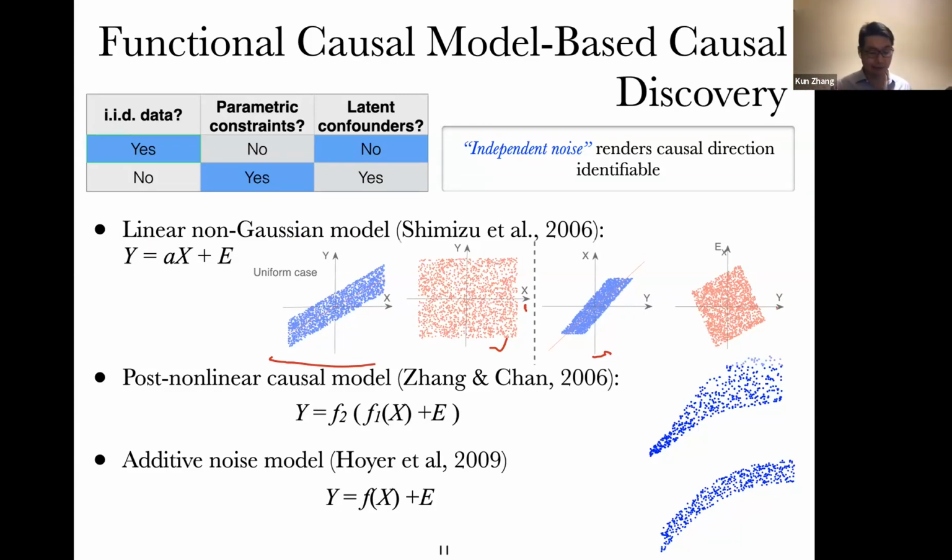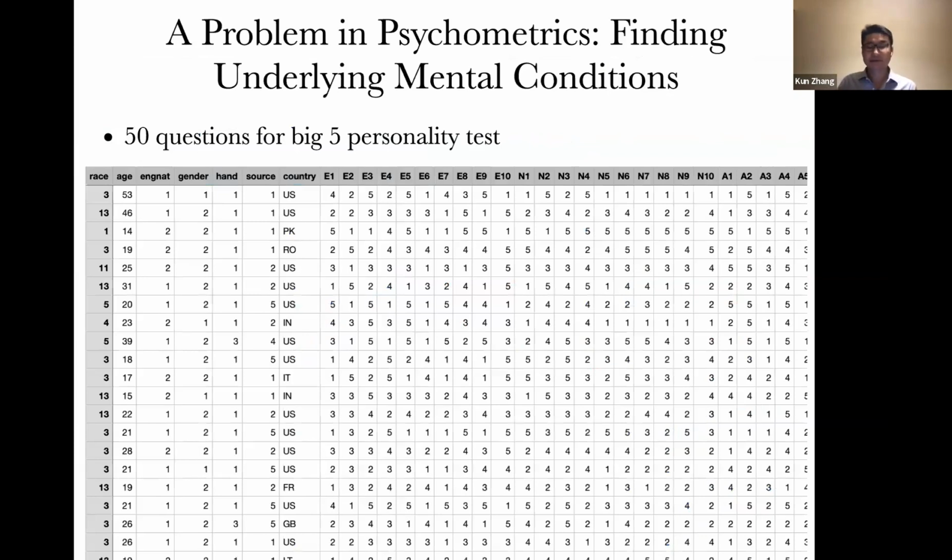Good. So right here, up to now, I have talked about classical things. Now let's go further. Consider the following problem. In psychometric studies, they try to understand personality. But unfortunately, you cannot directly measure personality. You cannot directly touch personality, right?